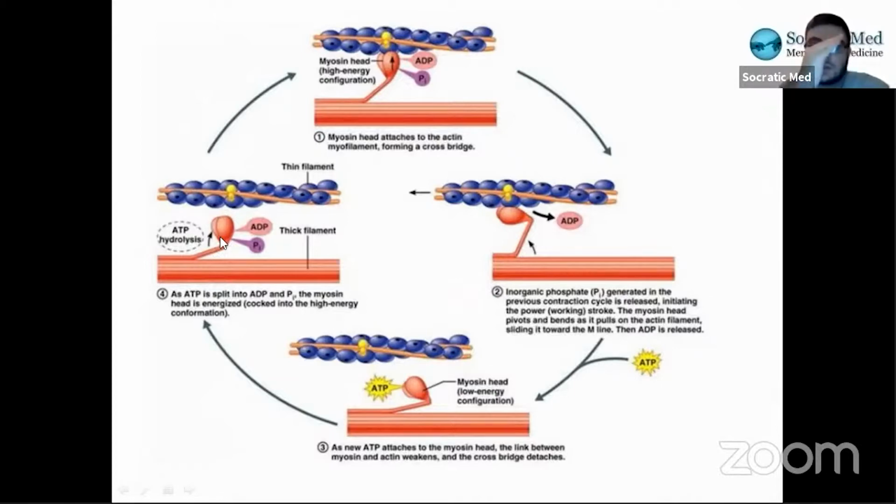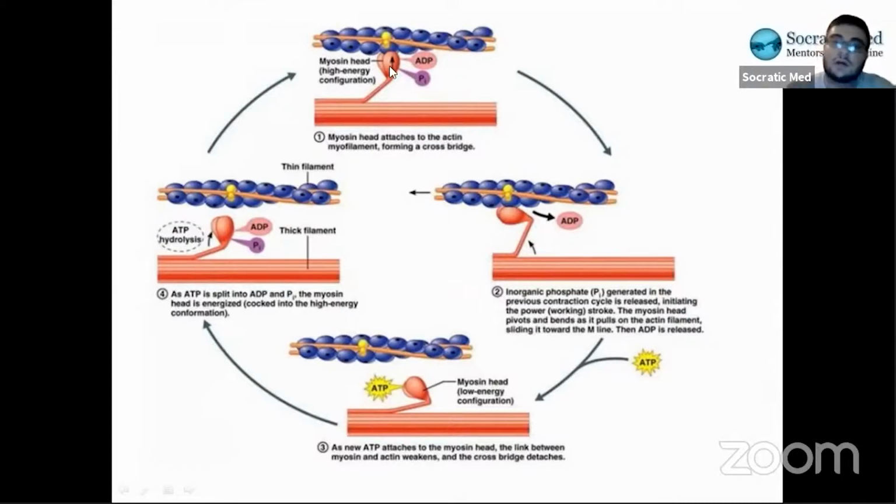You give it some energy, it perks up, and then it has enough energy to actually bind to the actin, as you can see right here, right? It's bound to this actin. One myosin head binds to one actin, so one red bulb binds to one blue ball, right? And it still has the ADP and the inorganic phosphate attached to it. Next, the inorganic phosphate gets released. So this little purple thing comes off, right?